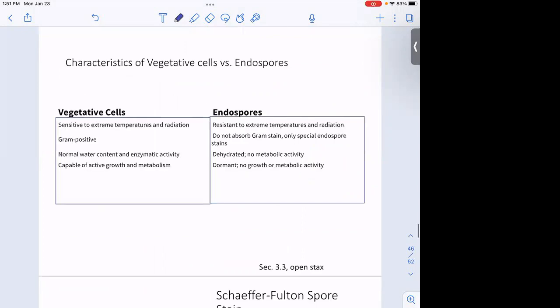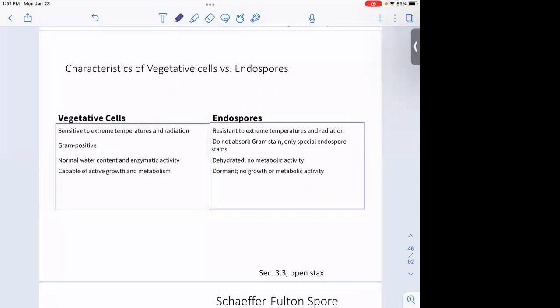If you compare the metabolically active vegetative cells to the endospores, there's a little table that compares them. Both of those genera that are able to sporulate happen to be gram positive. The vegetative cells can easily be killed, but if they just happen to be in the spore state, sometimes they're going to go through that sporulation cycle as part of their normal metabolism. Then some cells could eventually survive.